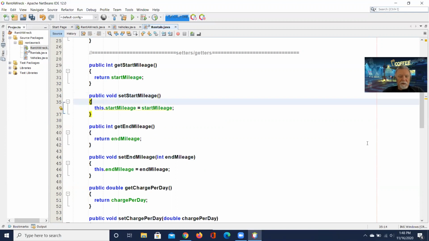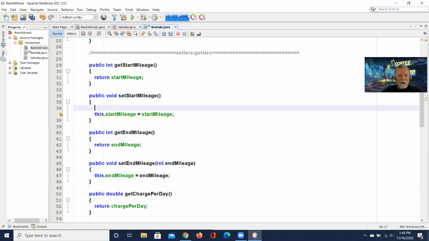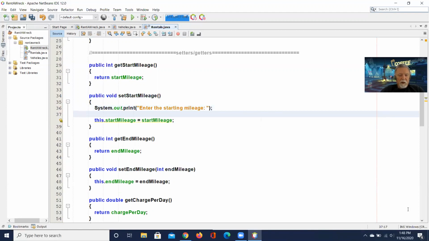Come down here and then put right here. Okay, so we do that. Then we come here and we do